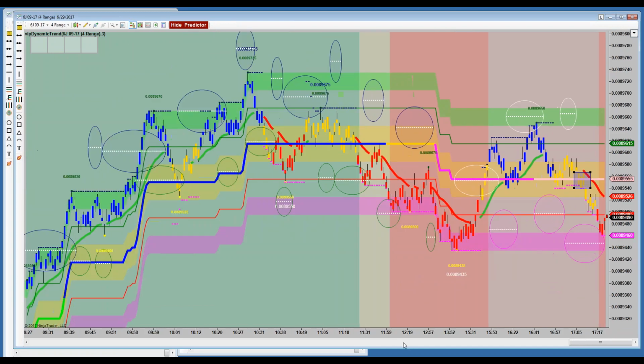You could make the case that you're in a range. I would say the range looks pretty much like this. Clearly you can see there's a support swing down here, and you can see that there's resistance up here. That looks to me to be about 20, 25 ticks, so it's tradable.